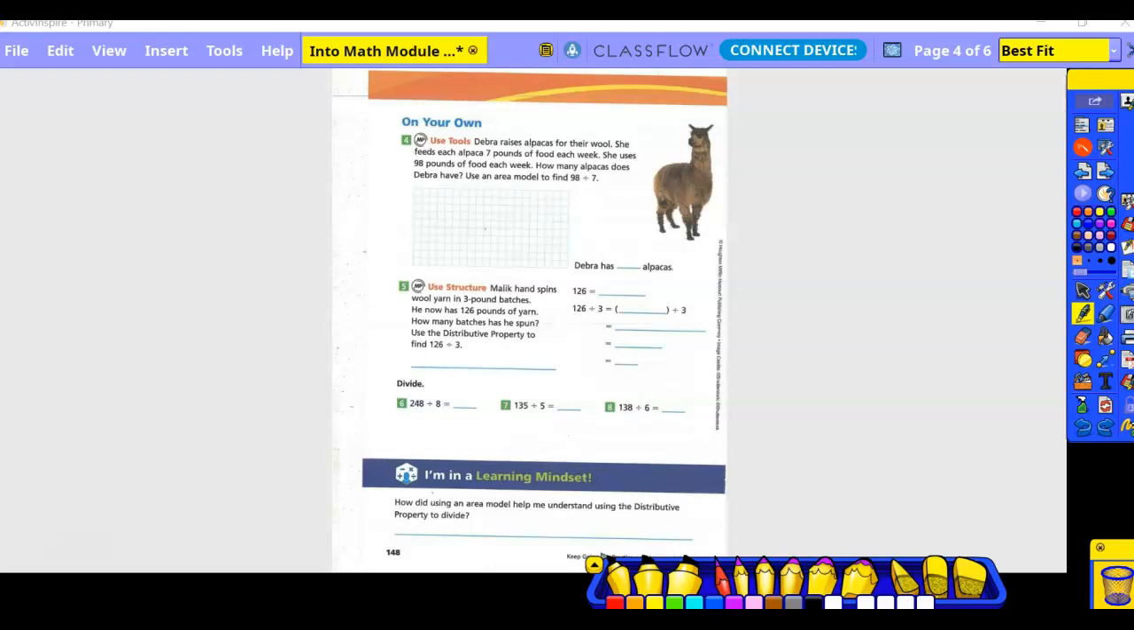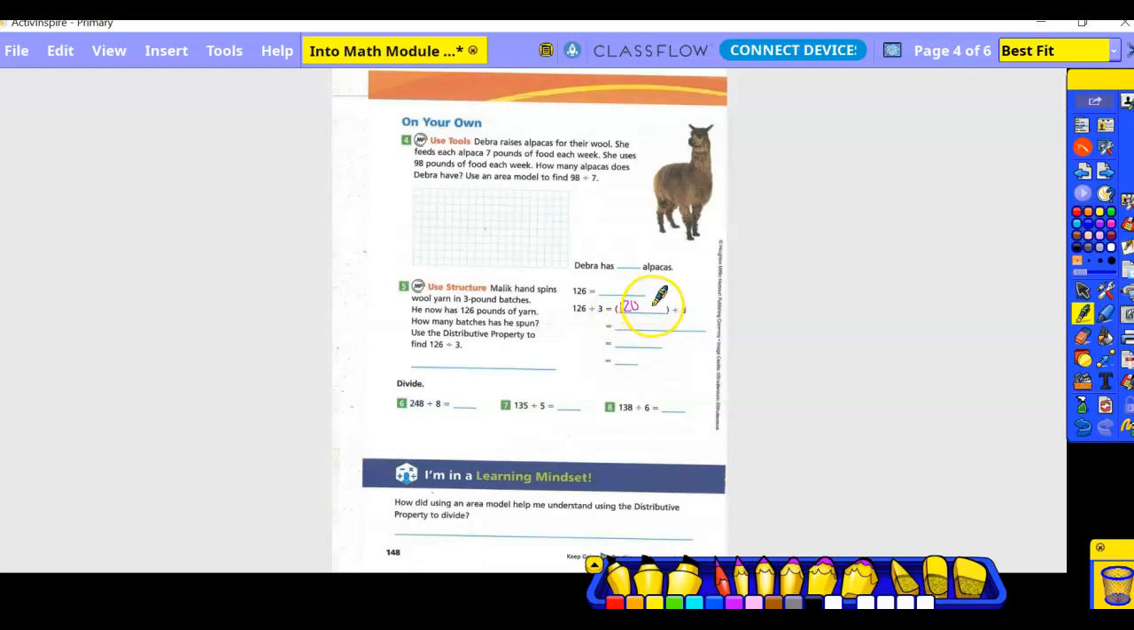Number 5, Malik hand spins wool yarn in 3-pound batches. He now has 126 pounds of yarn. How many batches has he spun? Use the distributive property to find 126 divided by 3. Okay, so what are we going to break 126 into? Do you see a multiple right there off the bat of 3? Yes, 12, right? So I'd write 12, but I have to put a 0 there,